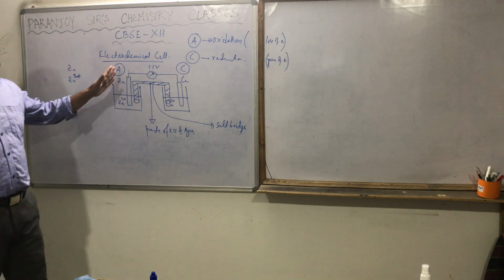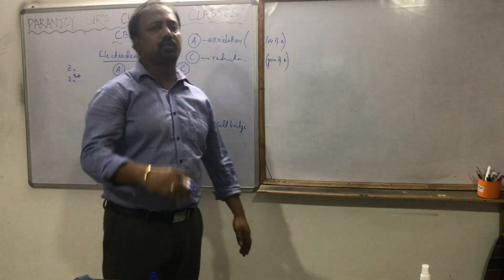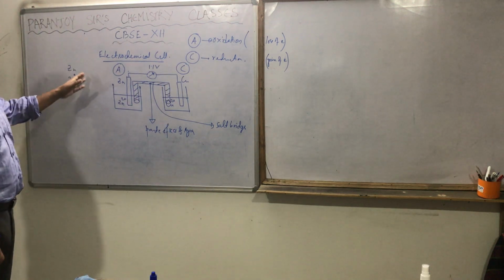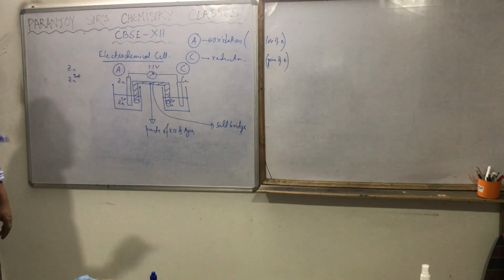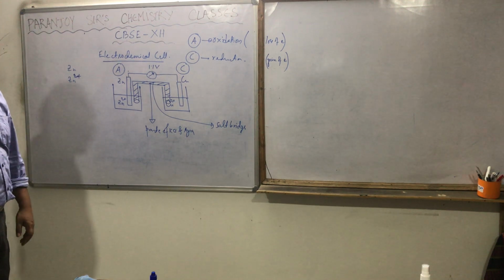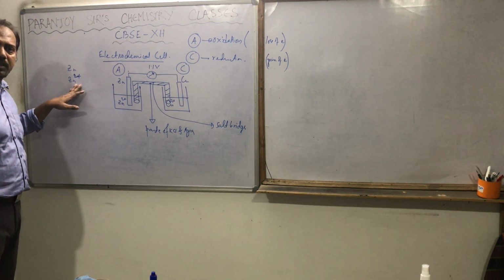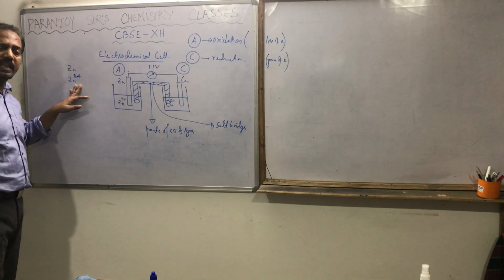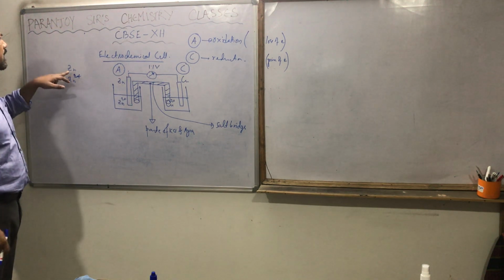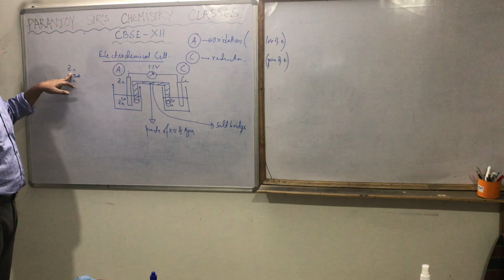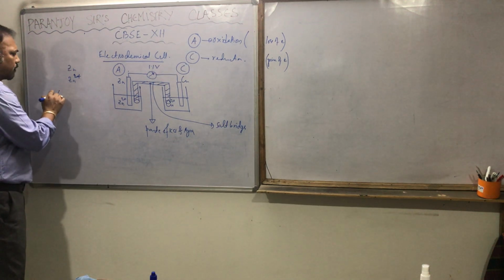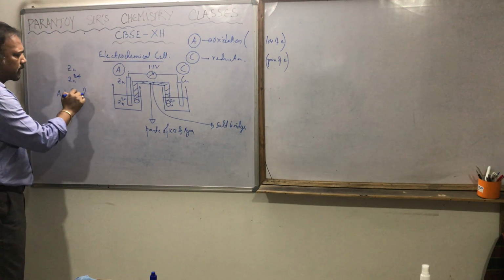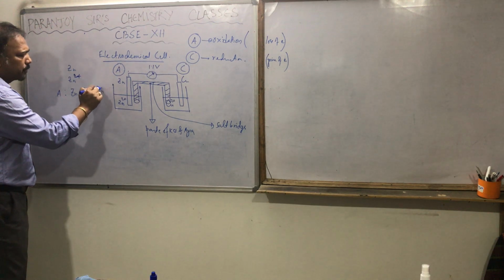Anode is this, means oxidation is taking place. So here the loss of electron will take place. Now out of these two, zinc and zinc 2 positive, which will have the tendency to lose electron? Obviously not zinc 2 positive. That is not going to lose the electron, that will try to gain the electron. But loss of electron is taking place over here. So who will lose the electron? It's zinc who is going to lose the electron. If zinc loses the electron, what is the reaction that is going to take place at anode? The zinc will lose the 2 electron and will become zinc 2 positive.